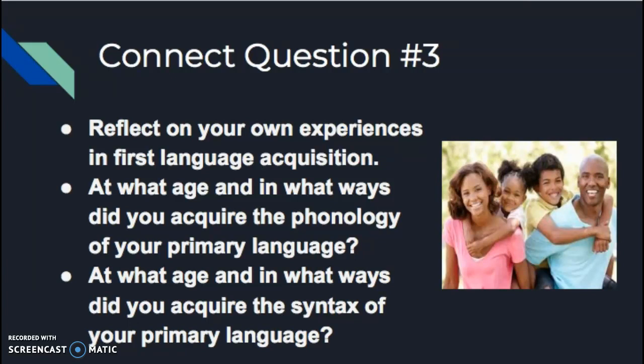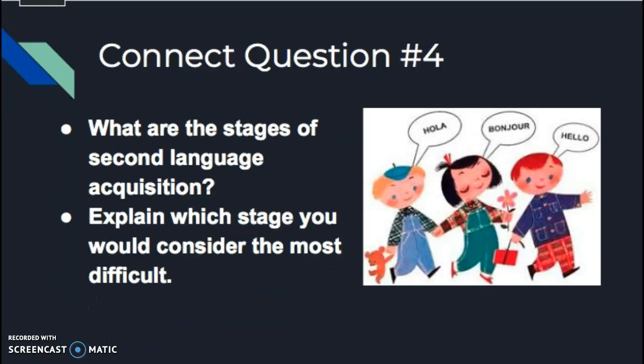Students can overgeneralize in acquiring both a first and second language. When students go to school, it could be the first time students have exposure to written language. Each grade level advances our knowledge of language, orally and written. Stages of second language acquisition: pre-production, early production, speech emergence, intermediate fluency, and advanced fluency.